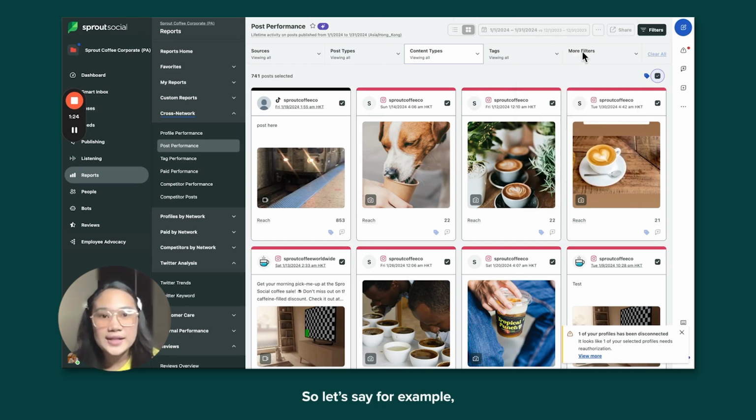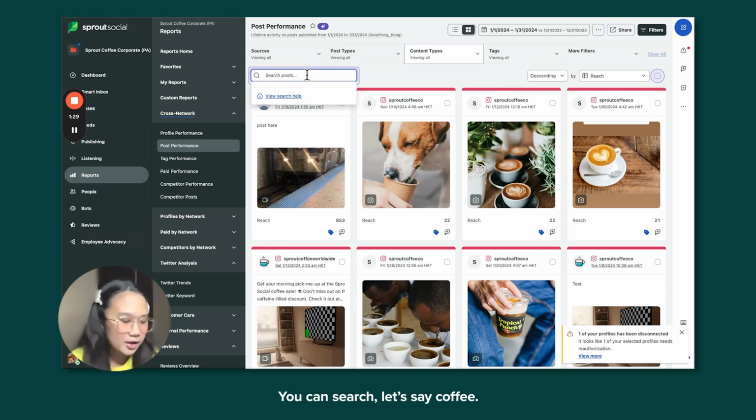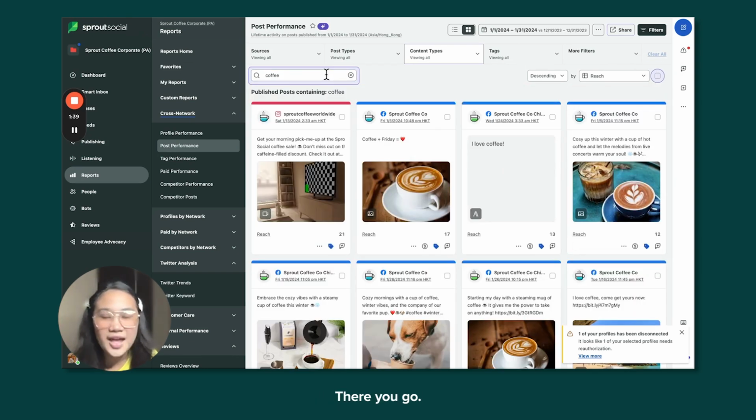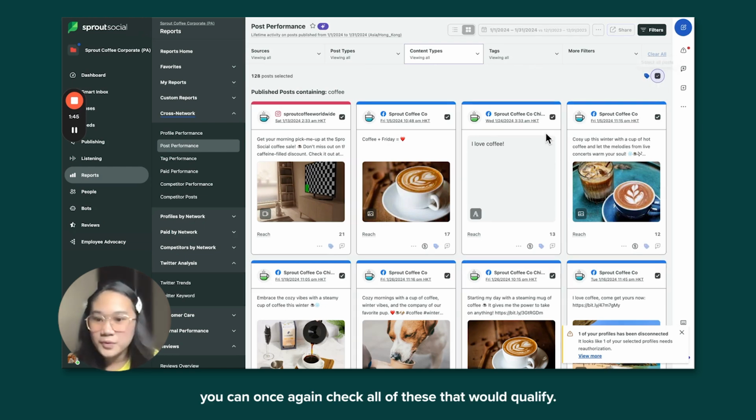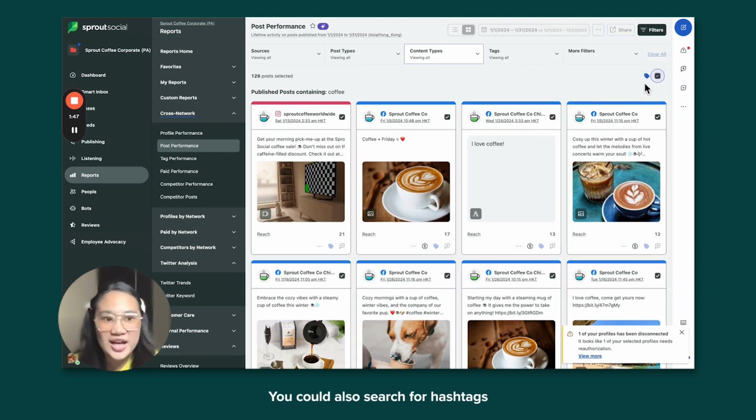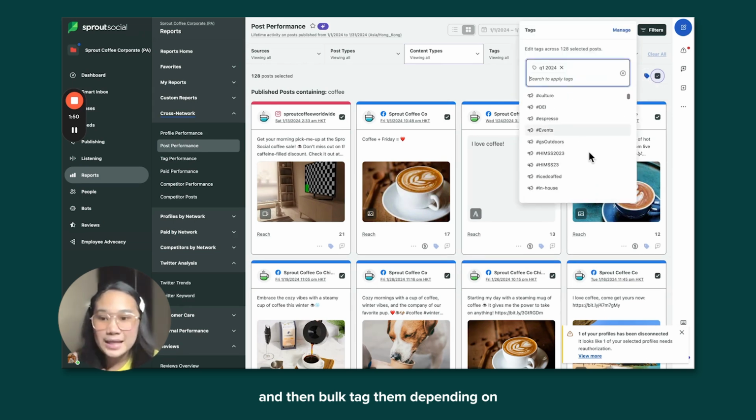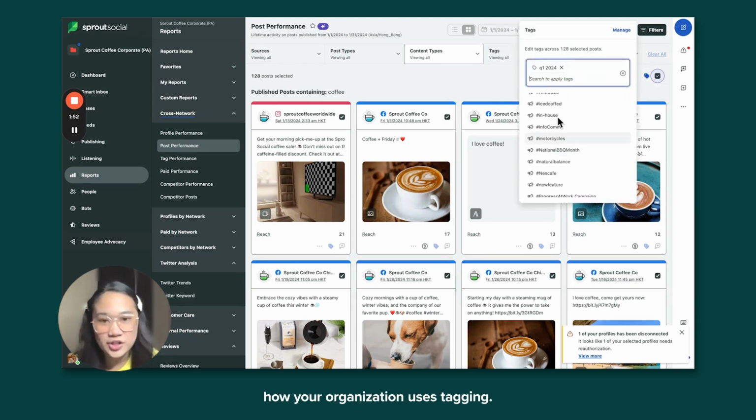So let's say, for example, you can search, let's say, coffee. There you go. And once you've set all the filters here above, you can once again check all of these that could qualify. You could also search for hashtags and then bulk tag them depending on how your organization uses